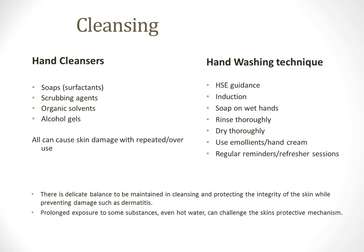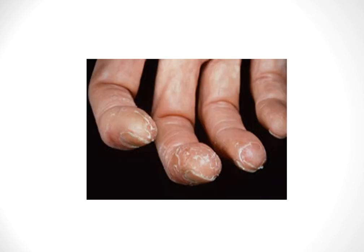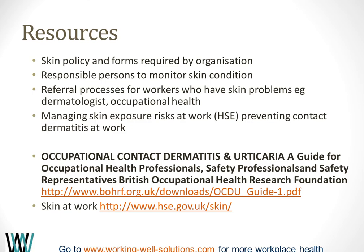Hand cleansing and hand washing techniques are very, very important. They can cause as many problems as they can help, and there is a delicate balance to be maintained there. Here, to finish, are some pictures of nasty skin problems, just to check. Here you can see again, and some resources that